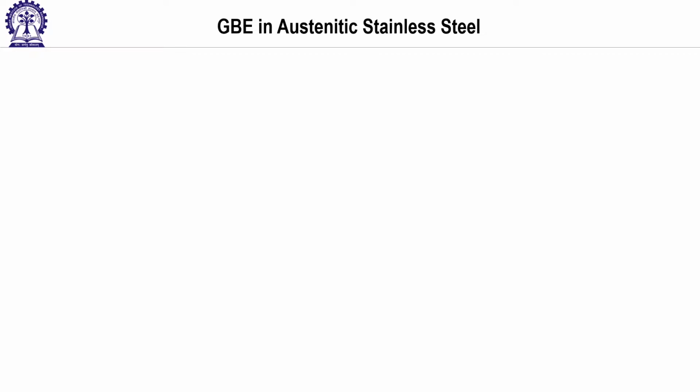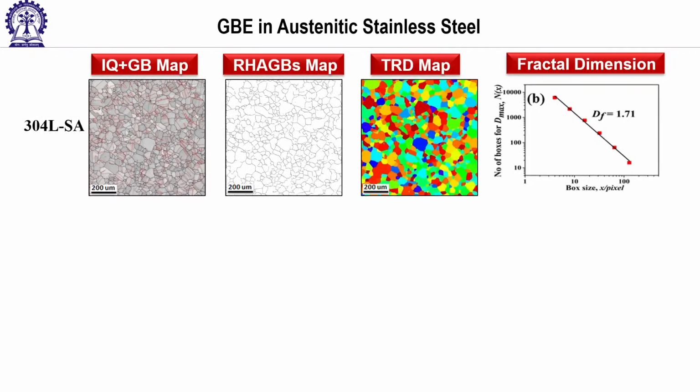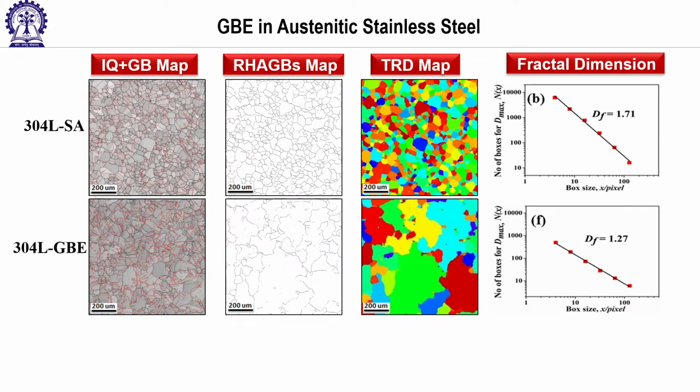Now I will just show you the implications of this grain boundary engineering on corrosion. Two different types of corrosion I will show. One is sensitization and another is pitting. So just to compare, we have taken simple austenitic stainless steel, 304, but please remember here carbon was low, it is not the high carbon 304, it is 304L, and even in 304L you